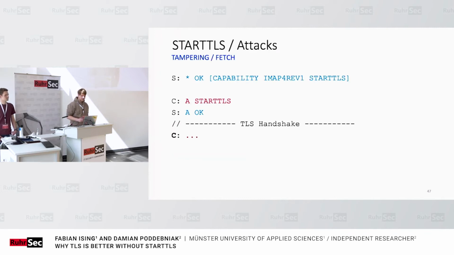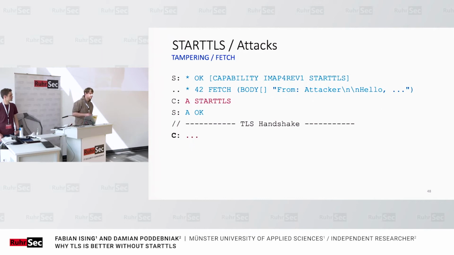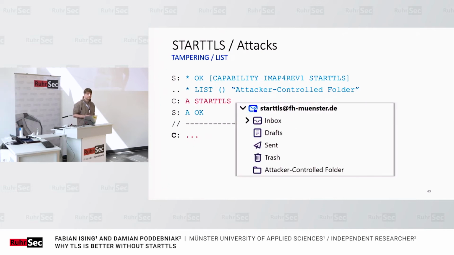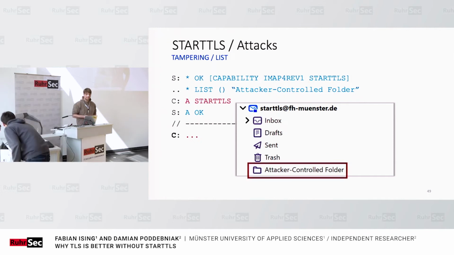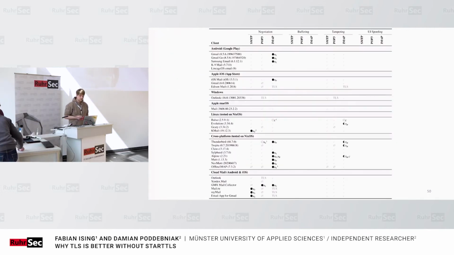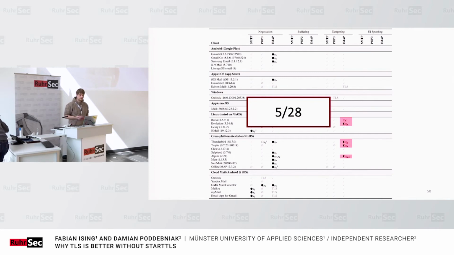The aim of tampering attacks is always to try to make persistent changes to the mailbox of our victim. For example, by telling the client, before the STARTTLS command was sent, that there is a new email in the inbox, or that a new folder was created. In fact, if you do this in Thunderbird, you will see an attacker-controlled folder in your email client, which will not go away. In total, 5 of the 28 tested email applications accept IMAP responses even before STARTTLS was conducted,